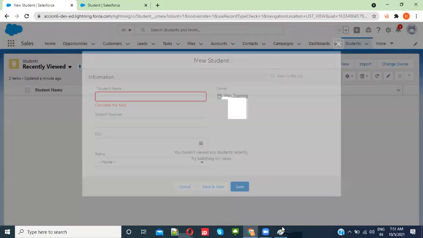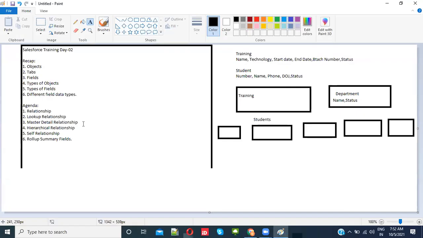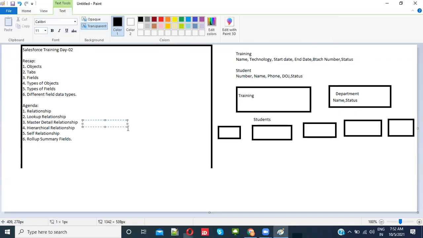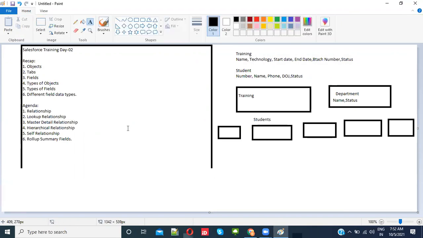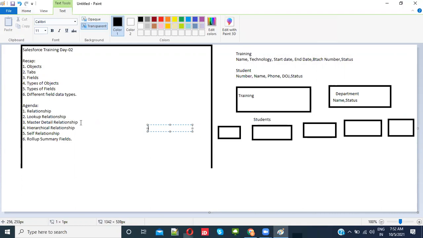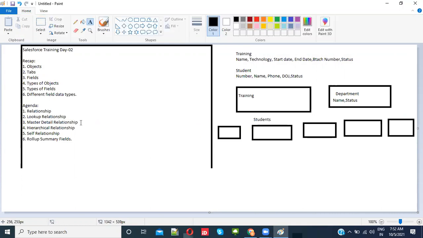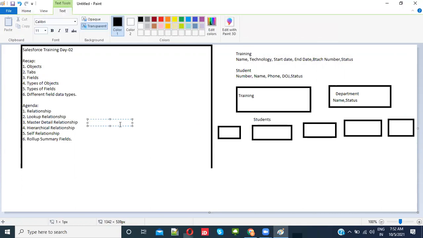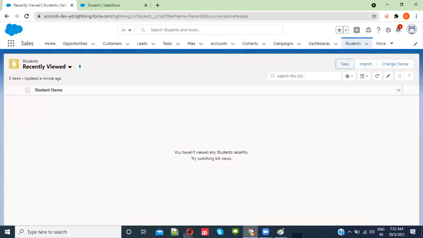There are two kinds of relationships we have. One is the lookup relationship and another one is the master detail relationship. So what is a lookup relationship and what is a master detail relationship? Master detail is the mandatory relationship. Here, if you want to create one record for a student, then the student should be associated with one training.